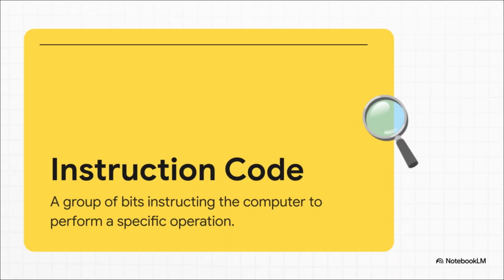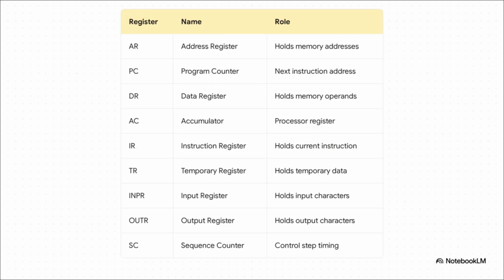Pretty straightforward, right? Now, to pull this off, we need registers. These are the dedicated, super high-speed storage spots inside our basic computer. The PC, or program counter, is absolutely crucial. It always points to the next instruction we need to run. Then the IR, the instruction register, holds that instruction once we fetch it. The AC, or accumulator, does the heavy lifting for our math. And we also have the address register, data register, temporary register, INPR and OUTR for input-output, and the sequence counter